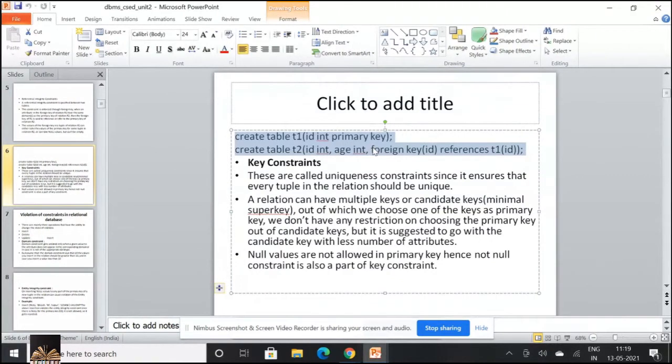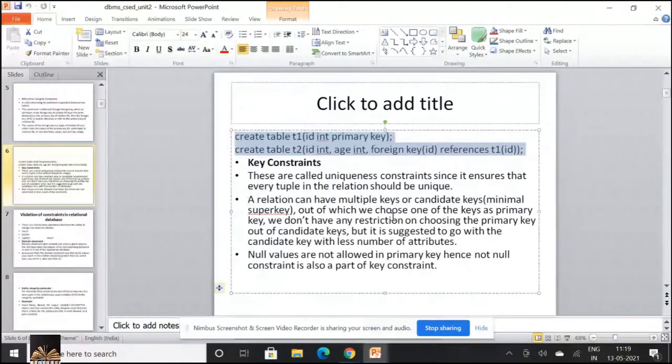Okay, then talking about key constraints, these are called uniqueness constraints, since they ensure that every tuple in the relation should be unique. Every tuple in the relation being unique implies that each row in the table is different from the other rows.